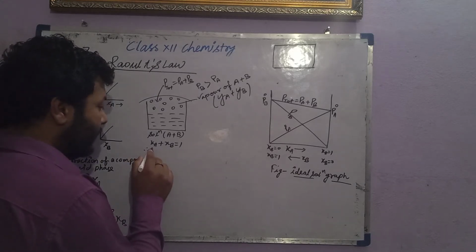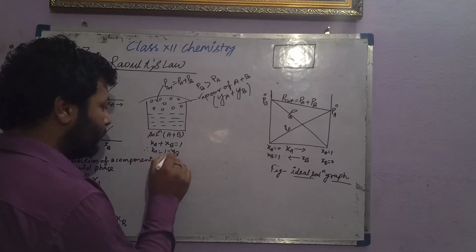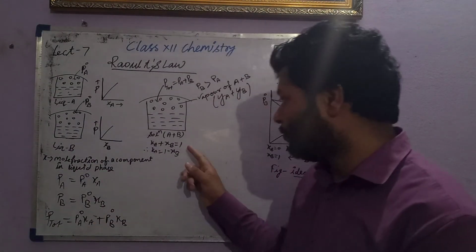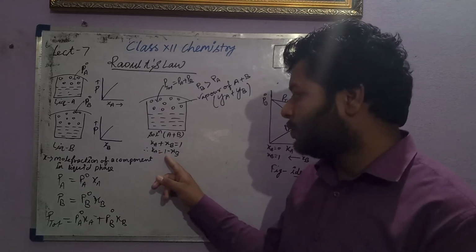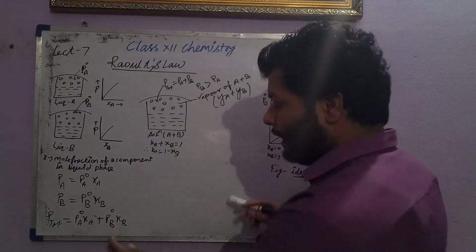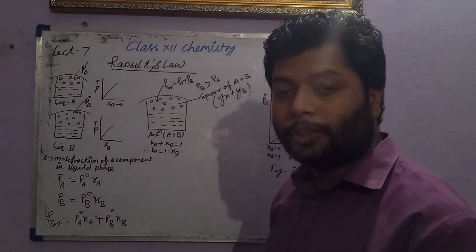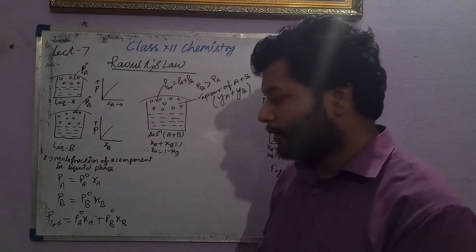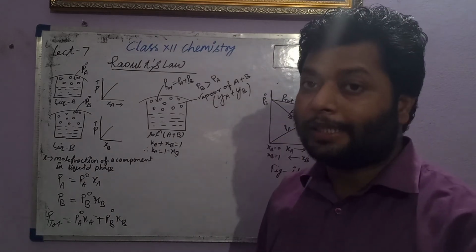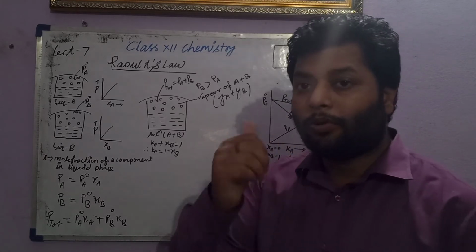So we can evolve the same formula in terms of the mole fraction of the second component. Therefore, we can write here XA equal to 1 minus XB. If both mole fractions sum to 1, then XA equal to 1 minus XB. Now, when XA is substituted by 1 minus XB, this formula will change into terms of XB only. The P total now depends upon only one component's mole fraction, that is the second component.